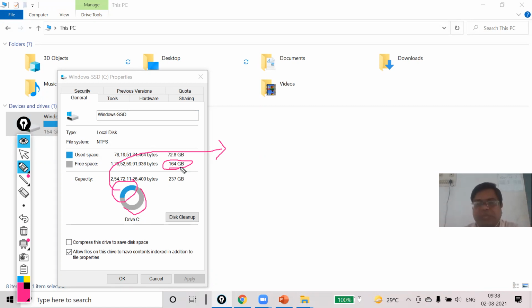But if it is showing 300 or 400 MB, then you have to click on disk cleanup so that you can have more space in your system. Whatever unnecessary files are there will be deleted. So this is my first step.